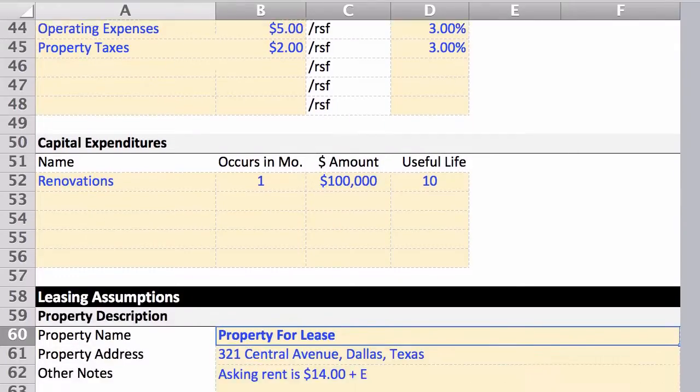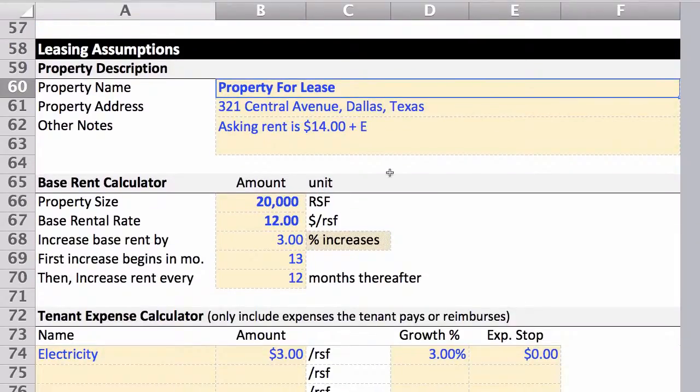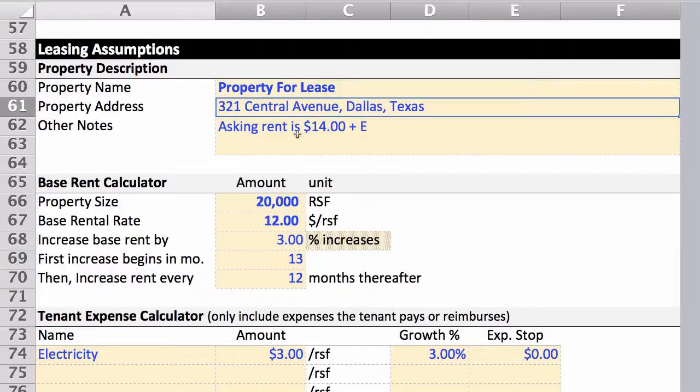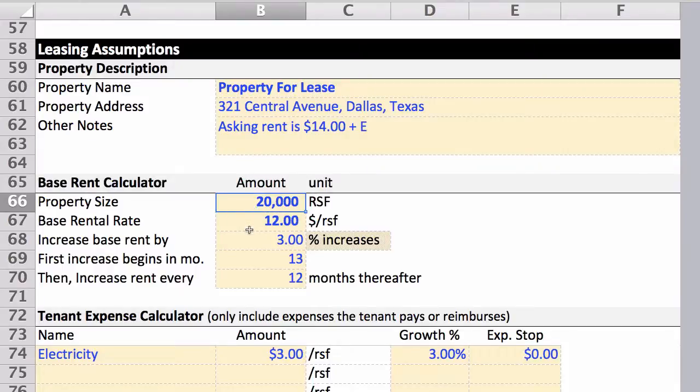So for the lease scenario assumptions, you can analyze the same building or even a different building. In this instance, that's a different building. We've noted here that the asking rent is $14 plus electricity. We've got a similar square footage we're analyzing in 20,000 square feet. We think we can negotiate the base rent down to $12 and have